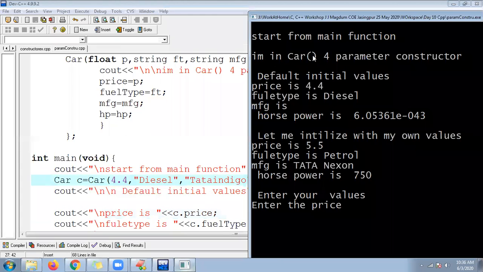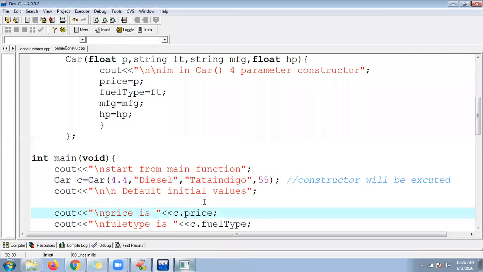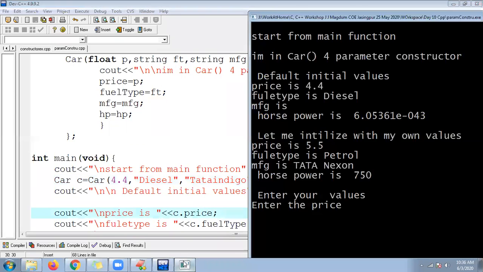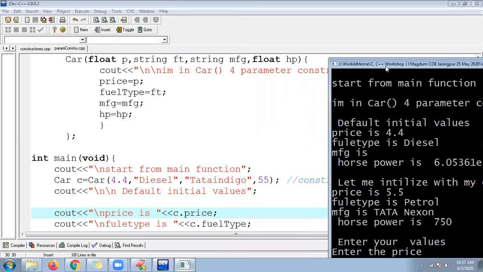Why is it not showing the manufacturing value? Let me check here, string and float.